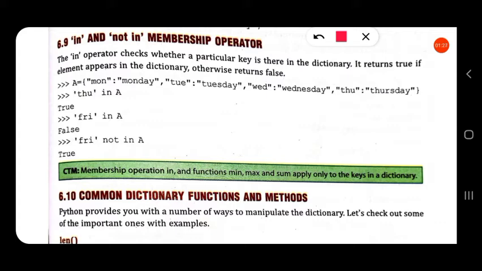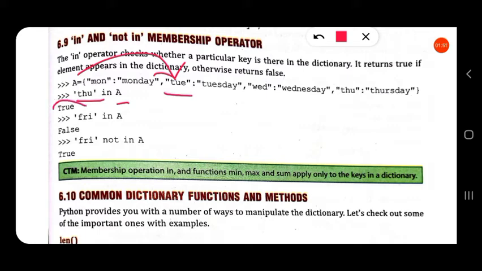Now if we use the in operator, THU in A, this will check whether THU is a key in dictionary A.